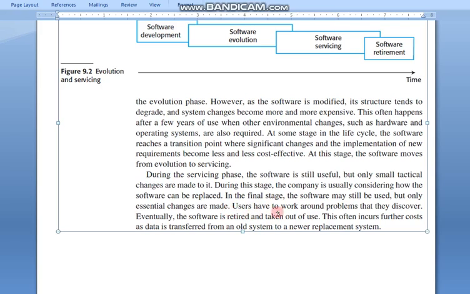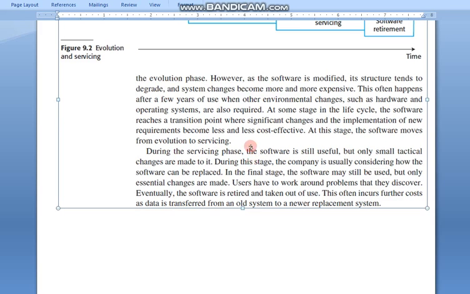So in that case users have to work around the problems that they discover. Eventually the software is retired and taken out of use. Gradually the software will go from the market, will be wiped out from the market. This often incurs further cost as data is transferred from the old system to the new replacement system. In that case the data in our old system we will transfer to the new system or new software, because the old software is going to get